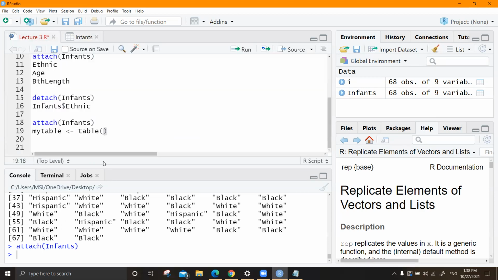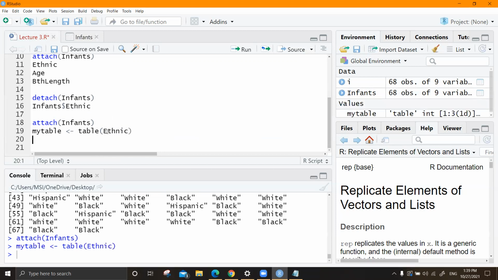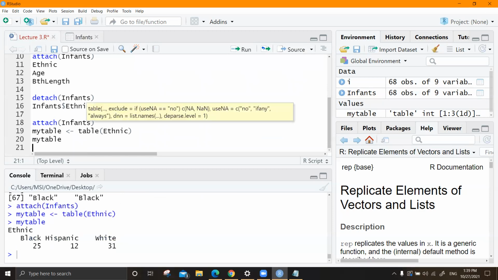So if I want to know how many blacks are there in our data set, how many whites and how many Hispanic, what are the categories of ethnic groups that I have in my data set, things like that, we can get that piece of information by drawing a table. I'm not getting horizontal and vertical lines here, but it gives out table format. So I'll type the variable of interest here and run this. If I want to see my table, this is how I'm getting it. This is the variable, and these are the 3 categories of the variable, and these are the counts.